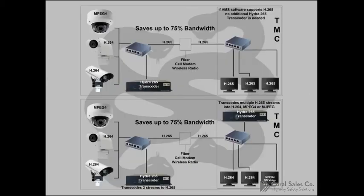This is a picture that explains it a little bit better. In this scenario, you've got just a regular dome camera, one of our Viper cameras, and a detection camera, and those are all going into a switch. You take the Hydra, you plug it into the switch, you pull out the IP addresses of these cameras through